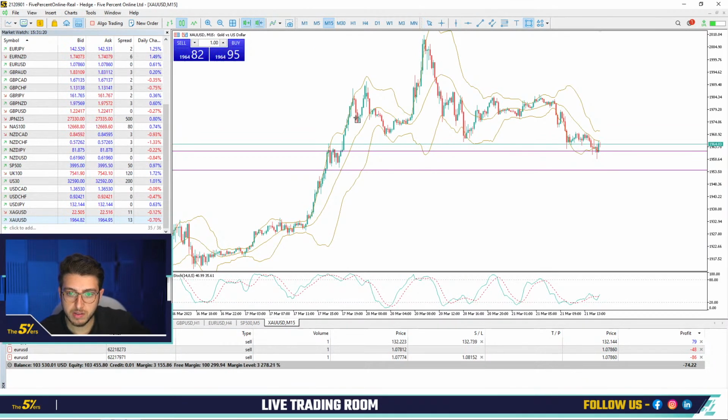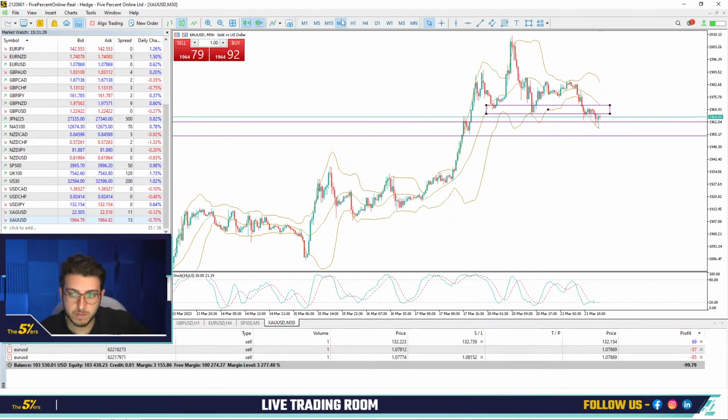We just broke this zone here. It just consumed all the demand, so I might expect a lower movement. I prefer to have a big movement down in a short amount of time, like here. You see that in a short amount of time we went down, but here it's taking quite a bit longer to have a longer movement. So I'm not so comfortable making a buy here, especially right now.